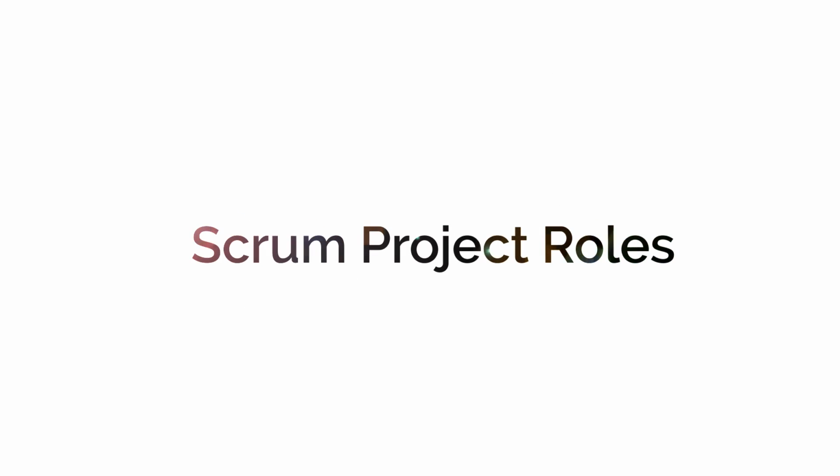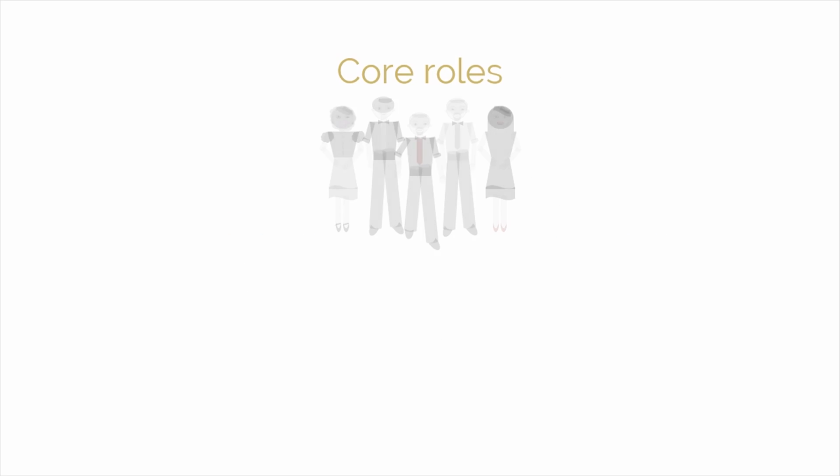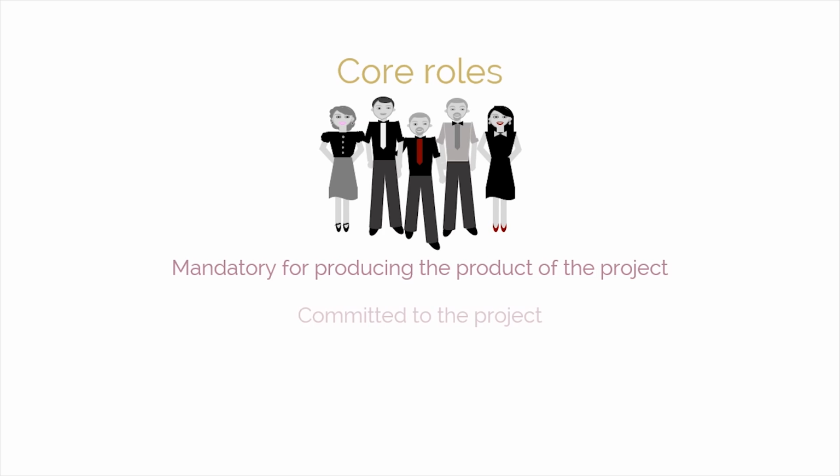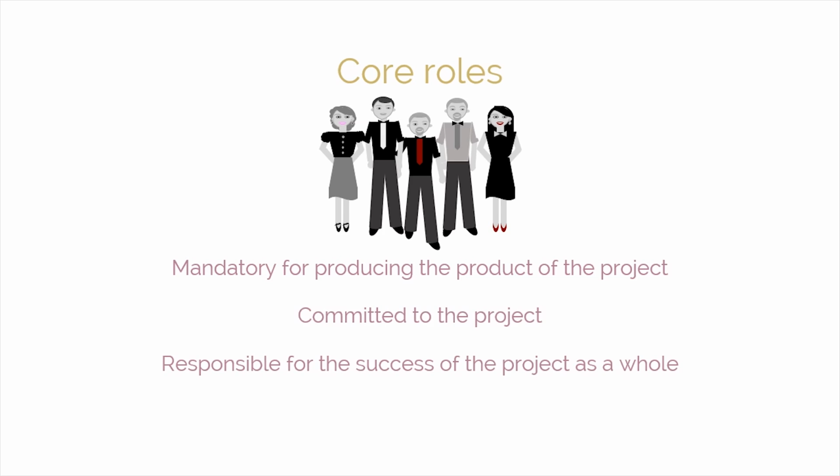This segment will introduce you to Scrum Project Roles. Scrum Project Roles fall into two broad categories. Core roles are those roles that are mandatory for producing the product of the project, that are committed to the project, and that ultimately are responsible for the success of each sprint of the project and of the project as